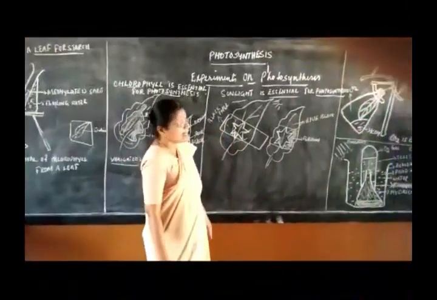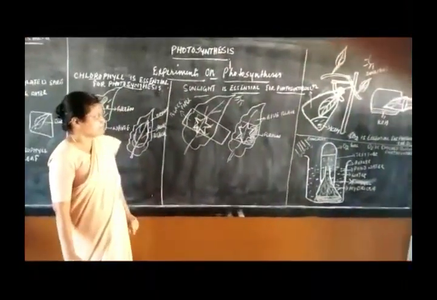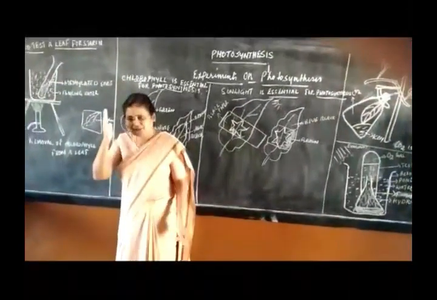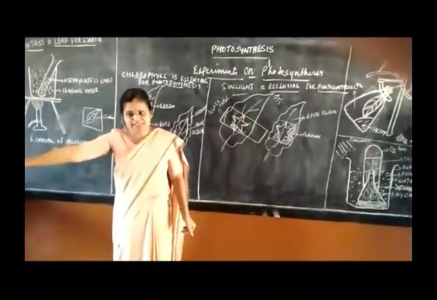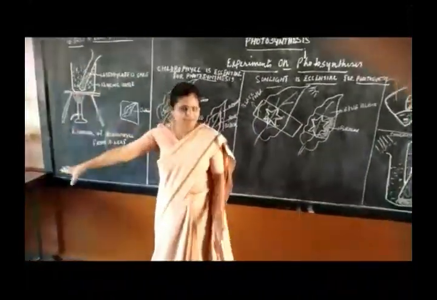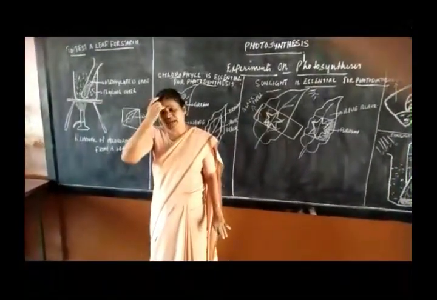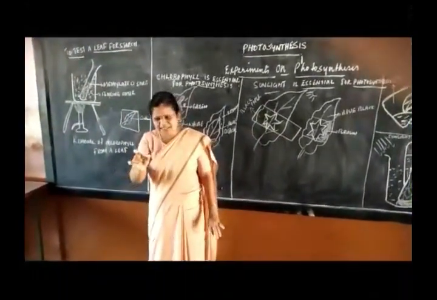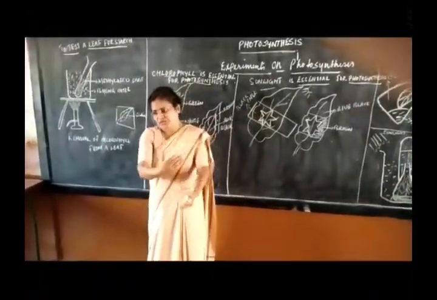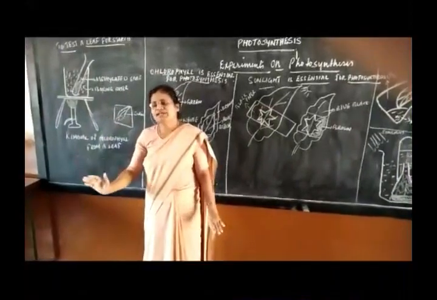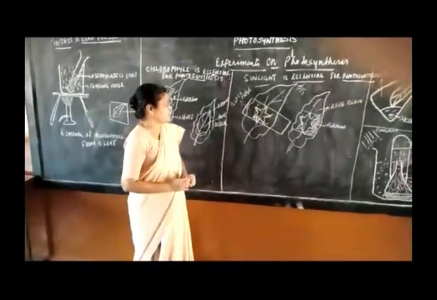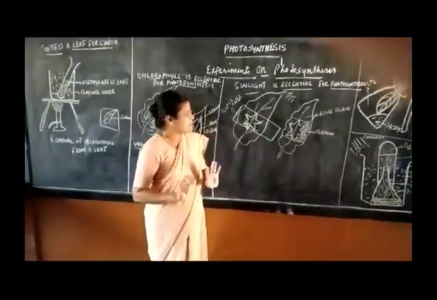Next we go to sunlight is essential for photosynthesis. Okay, it sounds very simple. Remember, before any experiment on photosynthesis, you have to destarch. So similarly here also, you take a well-watered potted plant, keep it in the darkness for 24 to 48 hours. What for? To remove the starch, because in these 24 to 48 hours, whatever starch was synthesized previously will be utilized, and at the end of 48 hours, the plant will be left with no starch. It will be ready for photosynthesis.